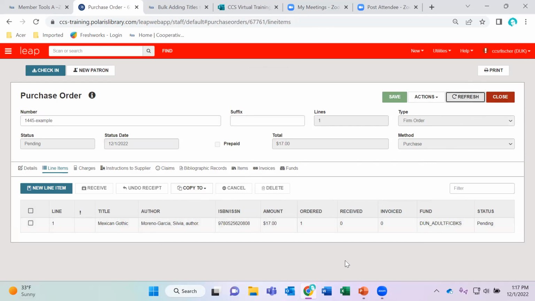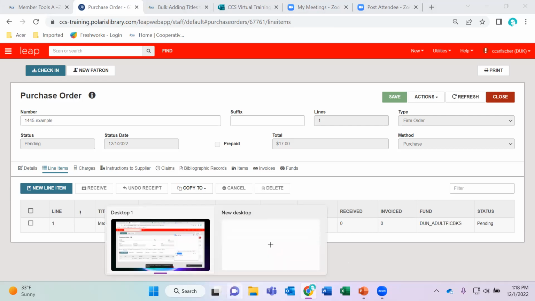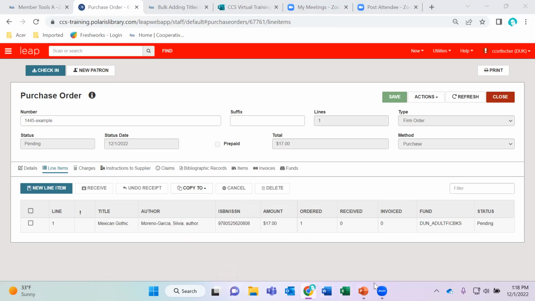Okay, I know that's a lot of information, so I wanted to know if I should demonstrate that again and add another new line item, or should I move on to releasing that purchase order? So you can type in the chat or unmute yourself if you'd like to answer. Okay, I will